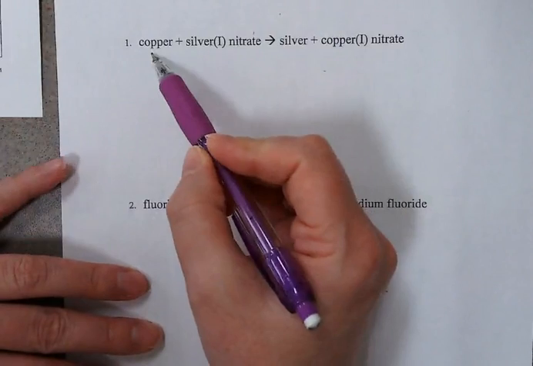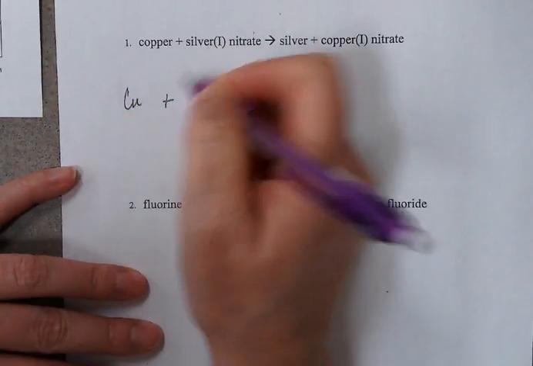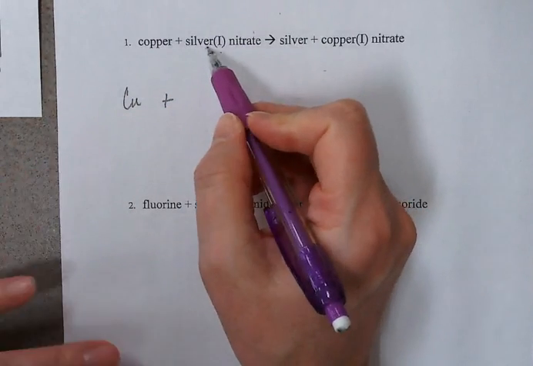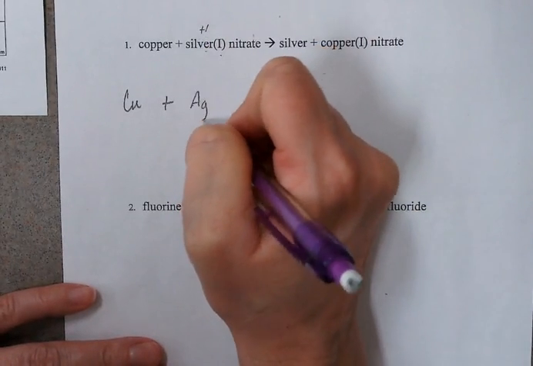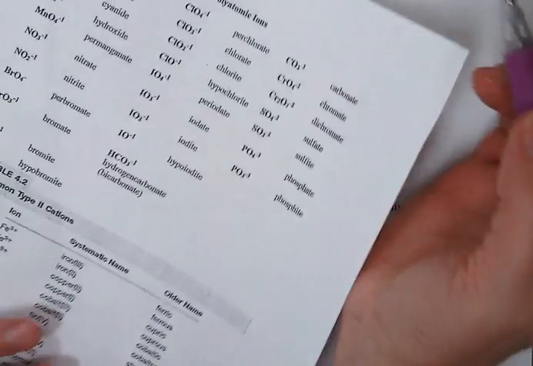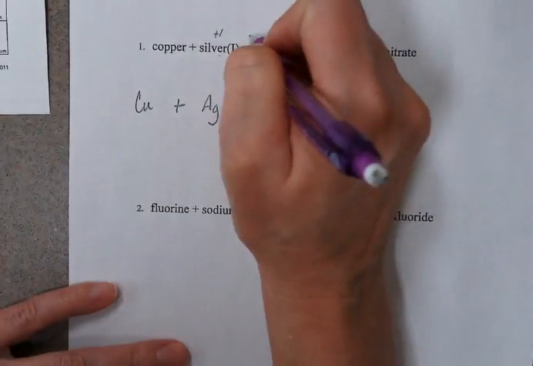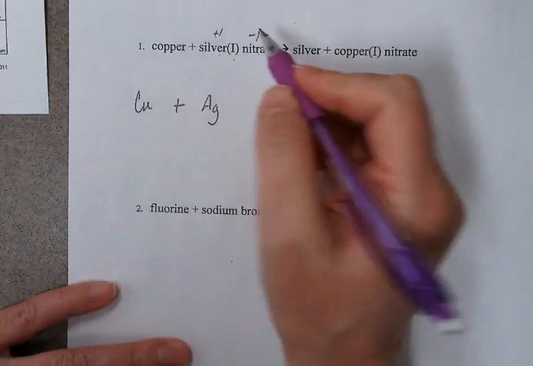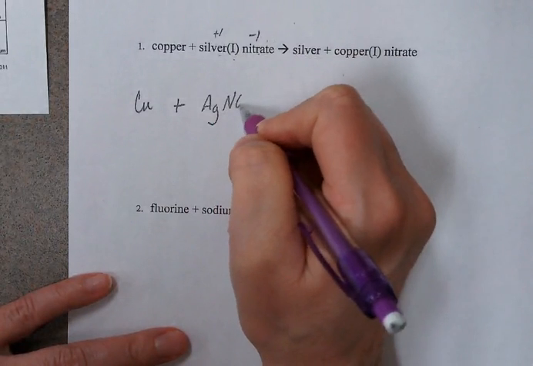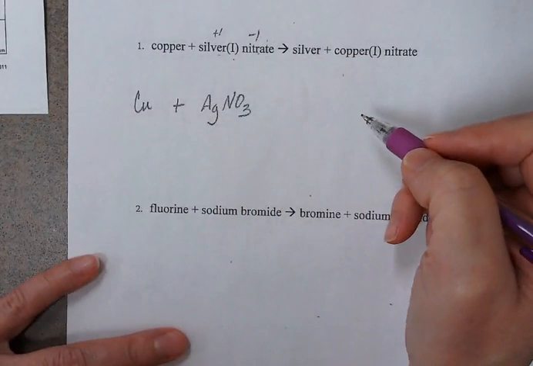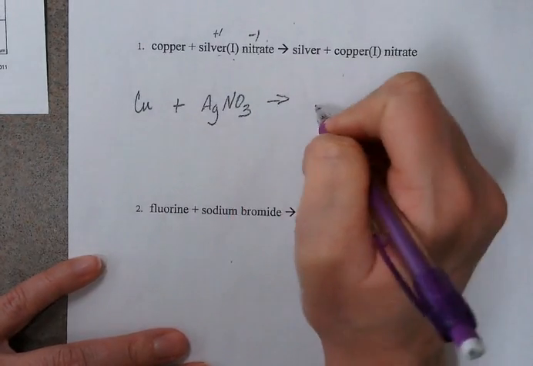So I know that copper is Cu, so the first thing you do is you just write a skeleton equation. The Roman numeral tells me the oxidation number, so I know this is a +1. So I know this is Ag. And I know, according to my polyatomic ion sheet, nitrate is -1. And remember, the sum of the oxidation numbers has to equal 0 because they're neutral compounds. So I just need to write the polyatomic ion formula for nitrate, excuse me, silver 1 nitrate. Okay. And then silver,